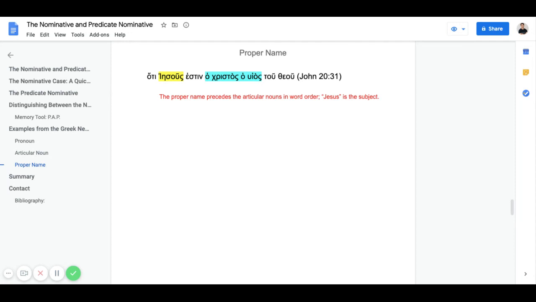Contrary to what some people will say or unintentionally imply, word order is not completely irrelevant in Greek. It does have its place. It's just that we have to remember that's an inflected language, so the subject does not have to be kind of like what we do in English, subject, verb, object. It does not have to be that way. So in this case, we're going to identify it based on Jesus being the proper name, because it is taking precedence as far as word order. Because it comes before the articular nouns, it makes more sense to render this as because Jesus is the Messiah,